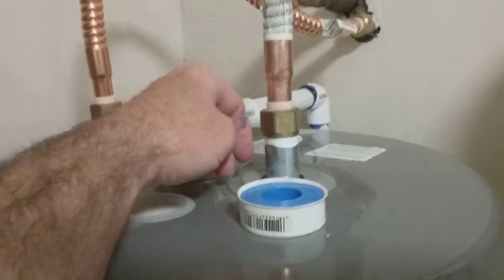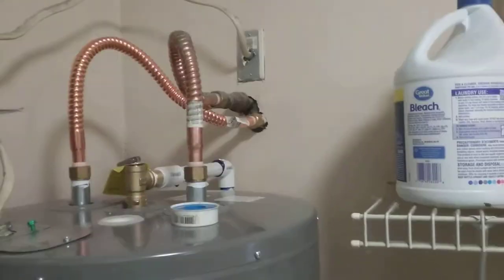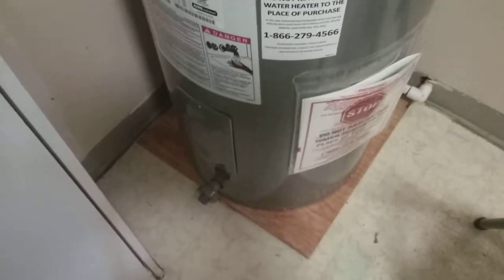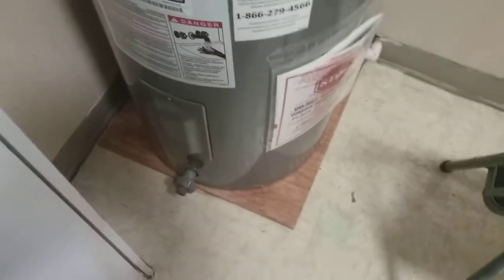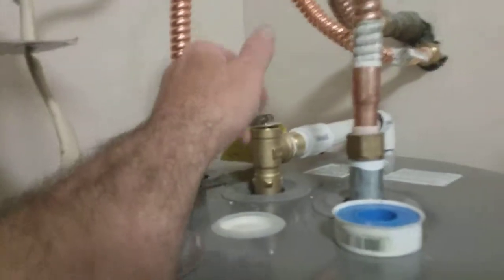But you just put some Teflon tape on your fittings when you put them back on. And on the bottom, that is like a drain valve. So when you pull out your old one, after you've shut off your power and shut off your water supply, you hook a hose to that and run it outside, so you can drain it as low as you can, and then you unhook your water pipes, these right here,